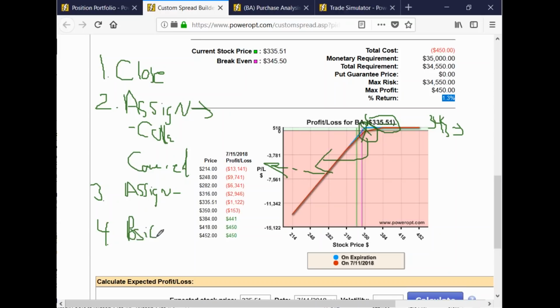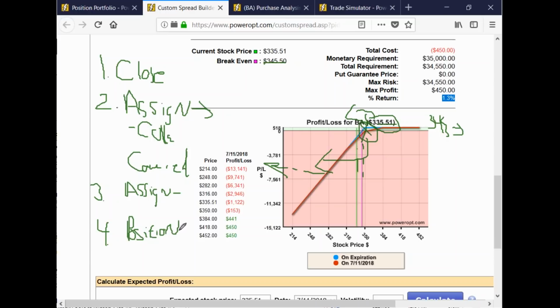There was only a few, but they were out to August where you could actually roll for a positive credit and be out of the money. It did show rolls going to 345, 340, but to go to the 330 mark, rolling the put down lower to 330, let's say, to stay out of the money, you're probably going out to September or October to roll for a credit. Because it's going to cost you, of course, $16 or so to buy to close this put. You'll have that $1,200 loss we saw if you got $450, and there you go from there.